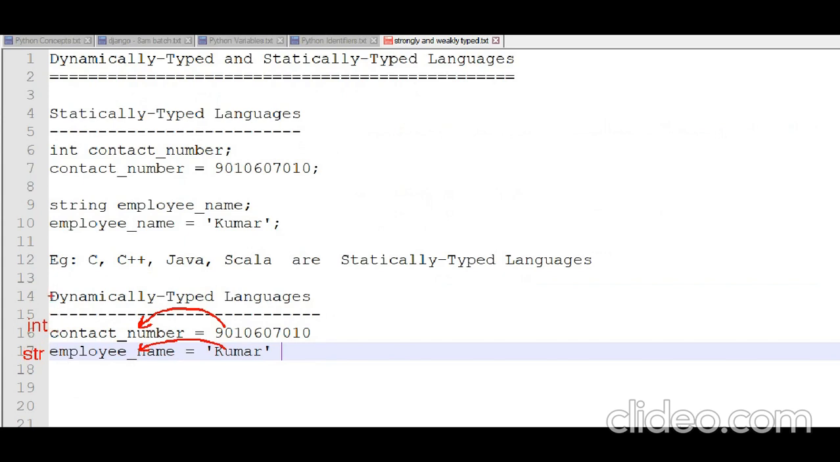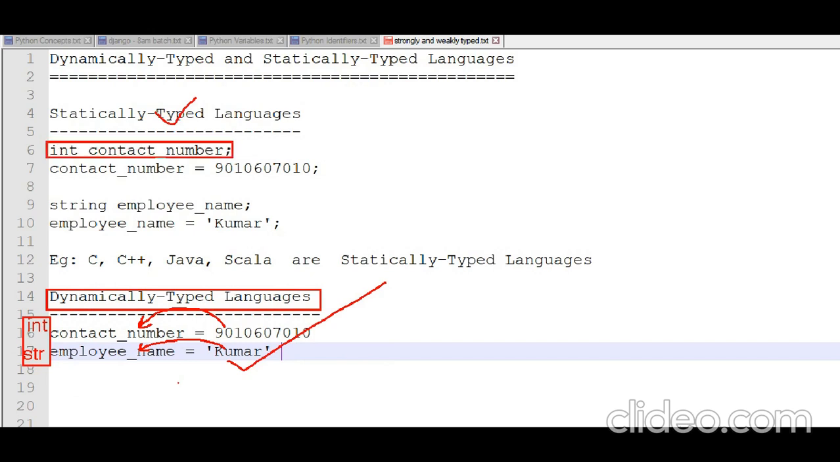That's why in dynamically typed languages the data type will be defined at runtime based on the user values, but in statically typed languages, the data type is checked at compile time only,